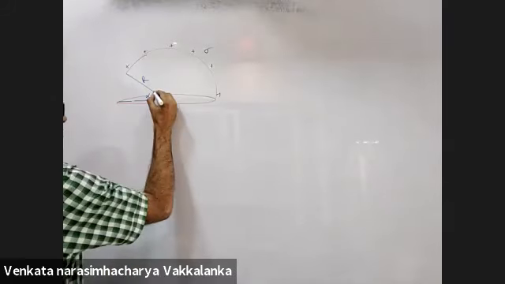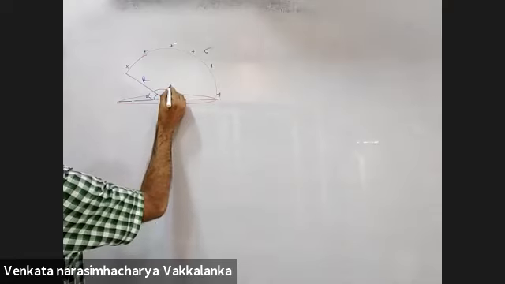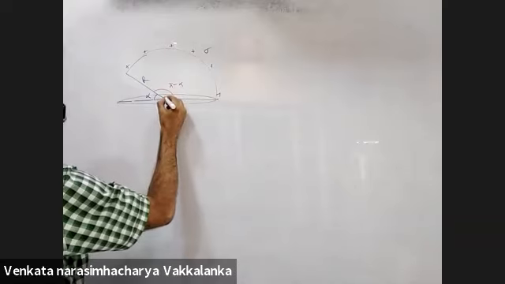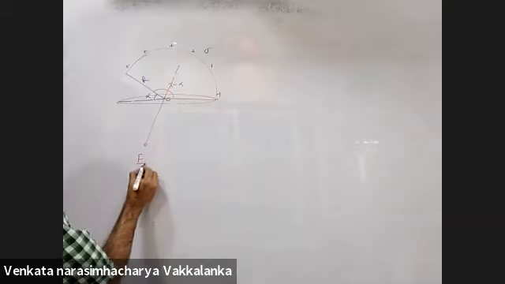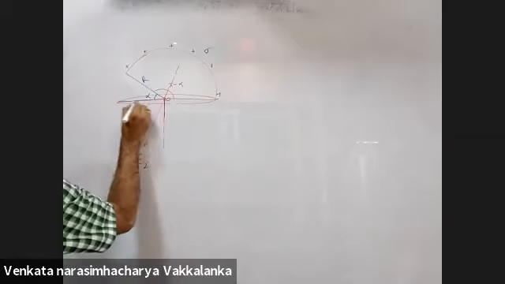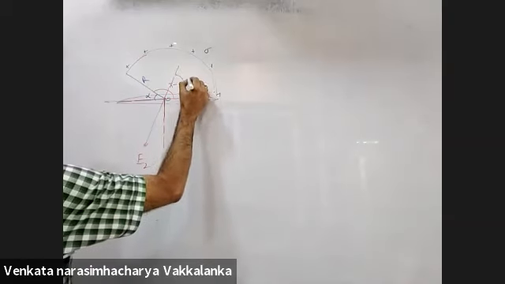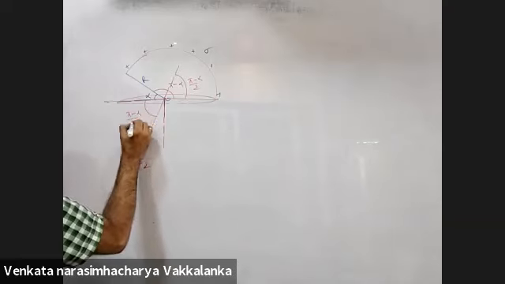It's a very simple logic, see. If this is alpha, what will this angle be? 180 minus alpha, pi minus alpha. By symmetry, the field because of the leftover part will be along the angle bisector this way. Field due to the leftover part, I'll call it E2. So this angle will be how much? Pi minus alpha by 2.